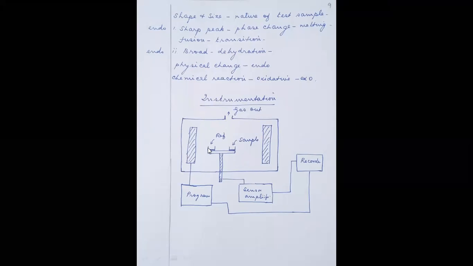In one pan, the reference sample is taken, and in the other pan, the sample is taken, and this is a very sensitive balance which can measure the weights of the reference sample and the test sample simultaneously, and here is a sensor amplifier. So the sensor will give you the difference between these two samples, and that small signal is amplified,